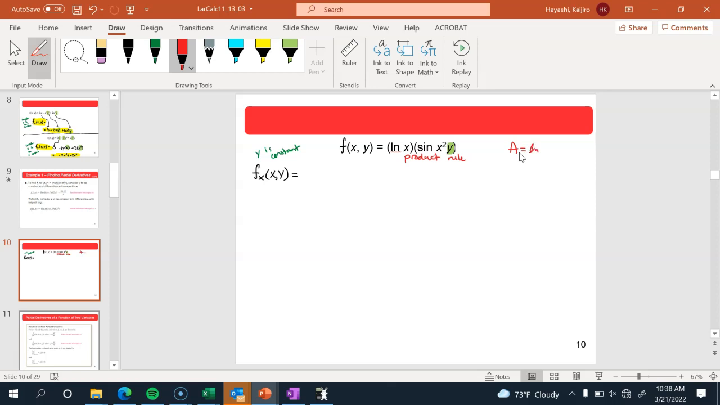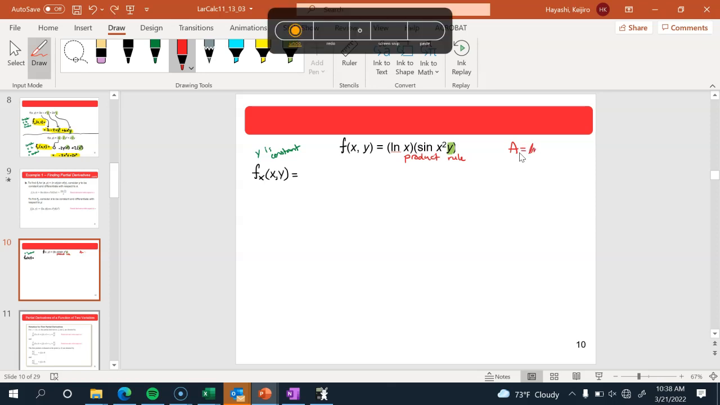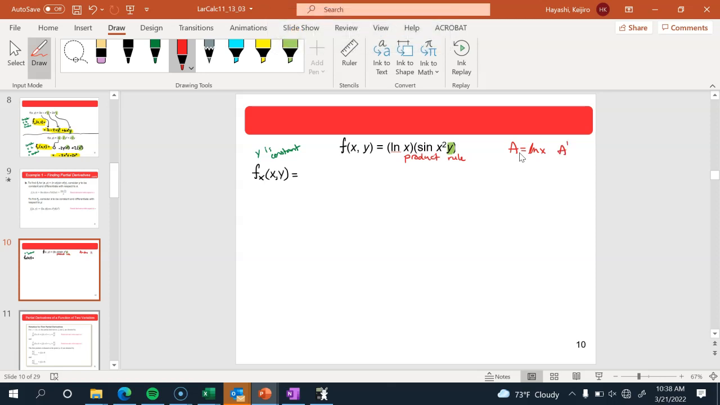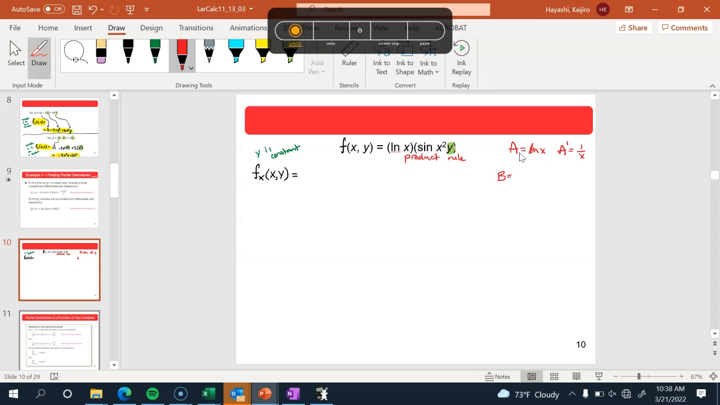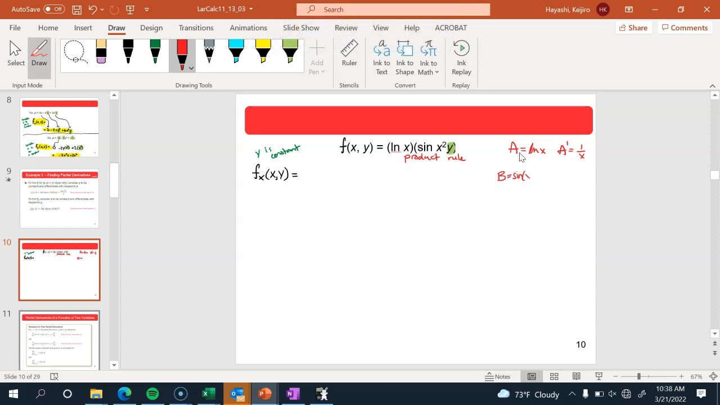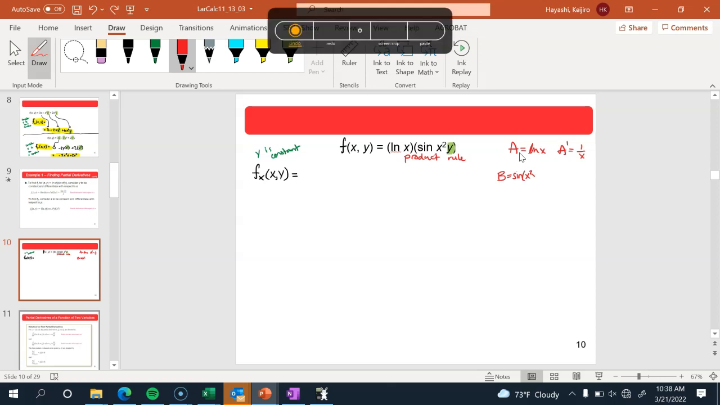So breaking it down real simple. A is ln of x, the natural log, the derivative of which is 1 over x. B we can consider to be sine of x squared y,